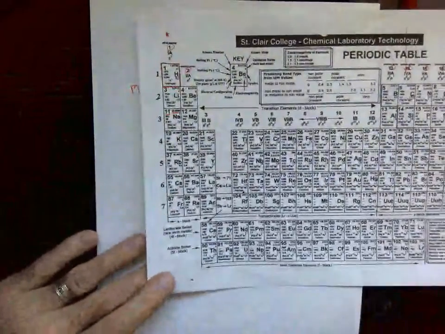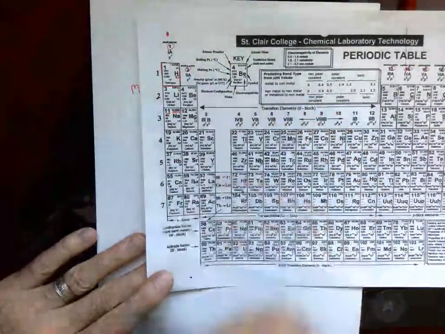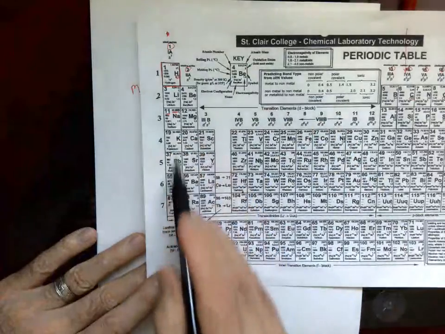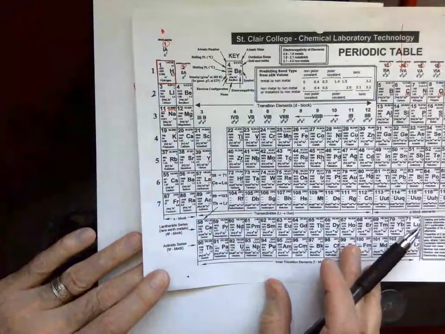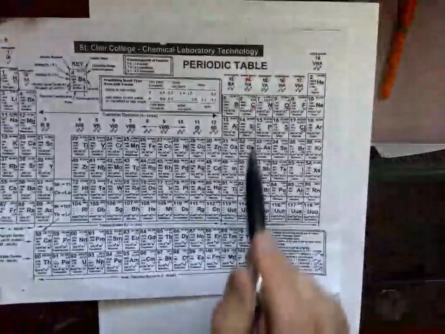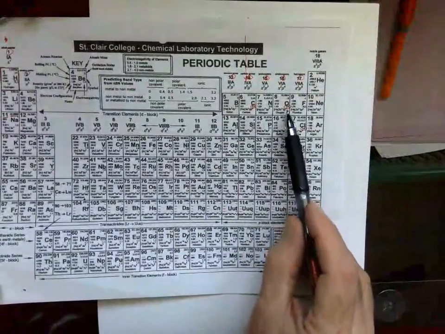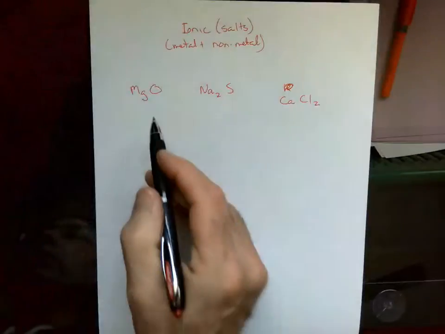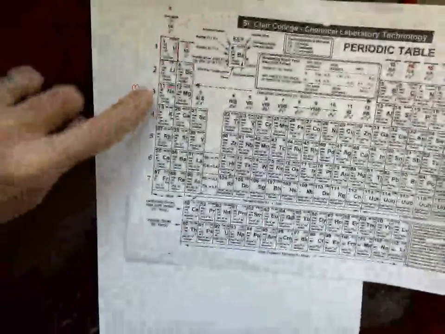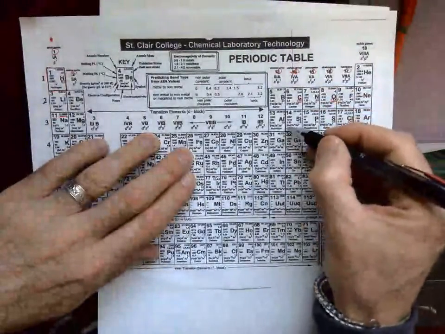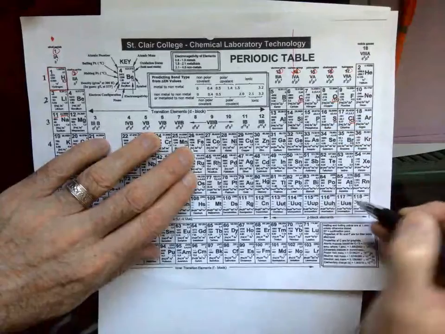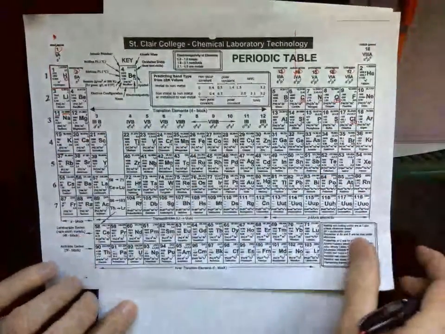If you ever find a molecule and the first element, so the first one you see, is on this side of the periodic table, that will be an ionic substance. The second half of the molecule will always come from this side of the periodic table. So if we look at MgO, once again, look up the Mg. It's a metal. It's to the left of this staircase. This staircase is the big divider in chemistry. Anything to the left is called a metal.